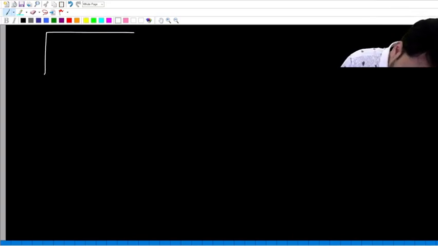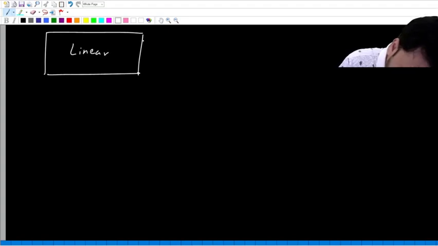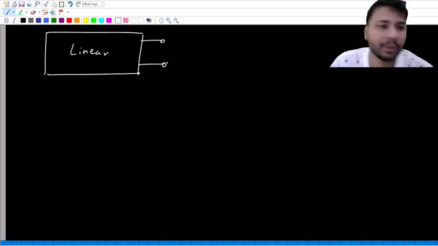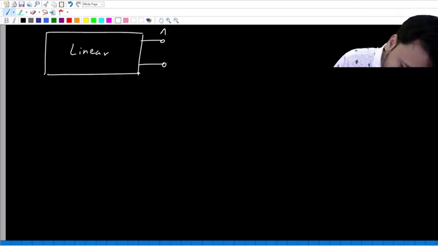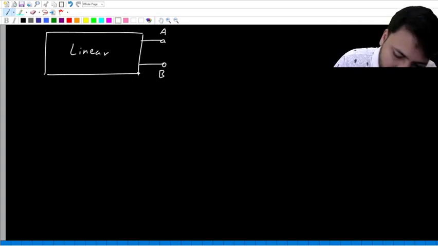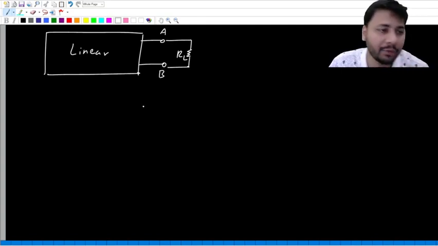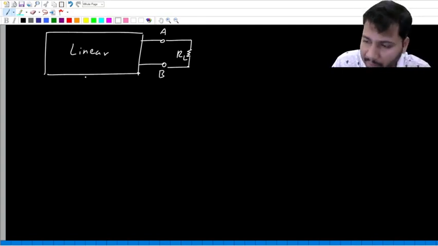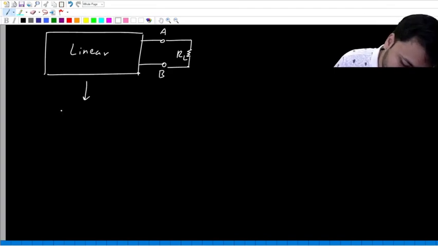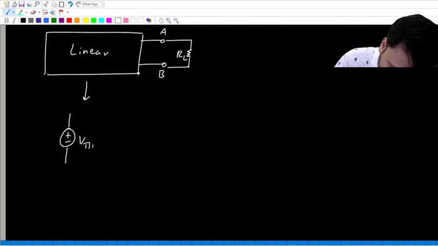So once again, if you have a linear network with only two terminals, then definitely these two terminals will form a port. And let's say across these two terminals we connect some load resistance RL. And if you are not interested in voltage and currents within the box, then you can always replace the box with its Thevenin equivalent, which contains